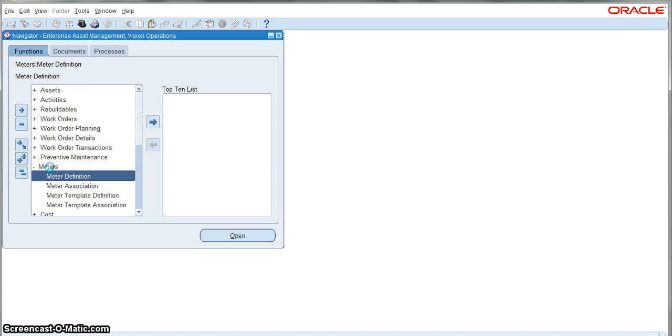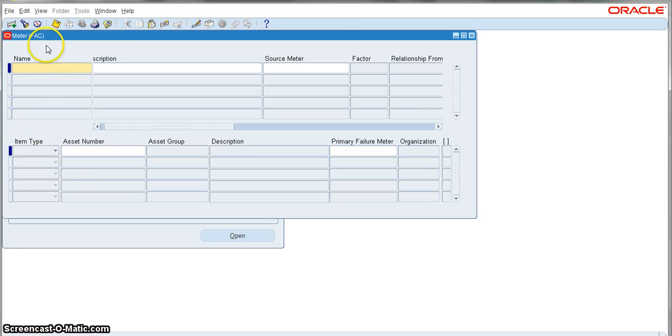Meters, meter definition, name, audio meter, description, audio meter for forklift 5 tons, sh test 2, audio meter, sh test 2, the name. Okay,